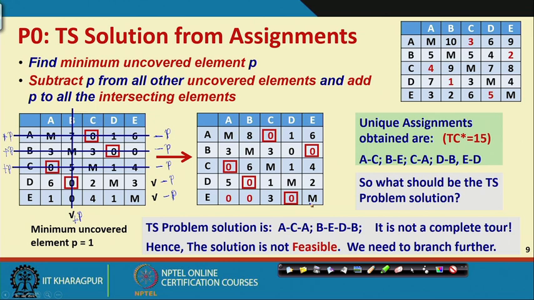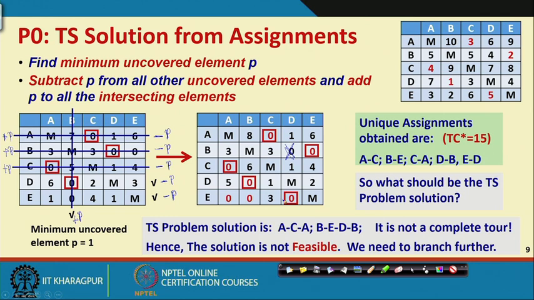So, with that now we can see that we have been able to make all the 5 assignments. A note about making assignments: while you make these assignments, try to make assignments in unique zeros. So, this is a unique 0, assign. This is a unique 0 this way, so assign, right. Then this is another unique 0, so assign. So, this 0 will be cut off. The moment this 0 is cut off, obviously you can make another assignment here, right. So, we have been able to make all the 5 assignments.